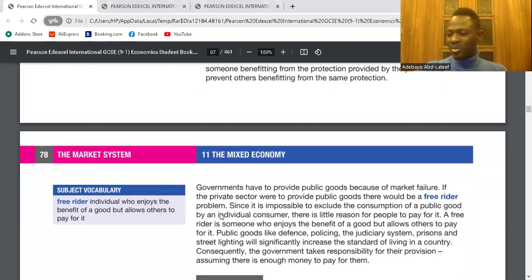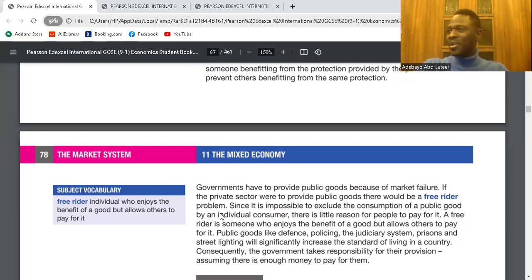So when we talk about public good, why do you think government comes up with provision of public goods? Why do you think so? Because if the public sector is the one who makes these goods, then everyone will have access to it. Now I'm saying, yeah. The question, maybe I'm not getting my question. I said, why do you think government has to intervene and provide public goods?